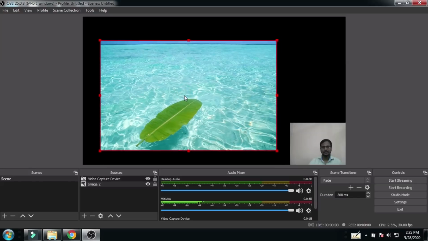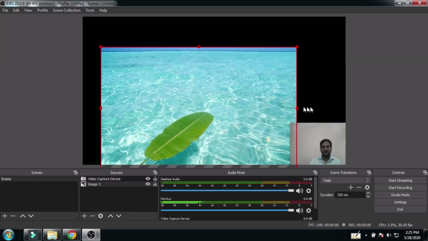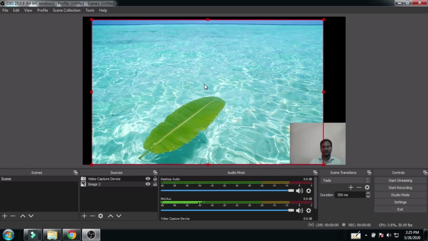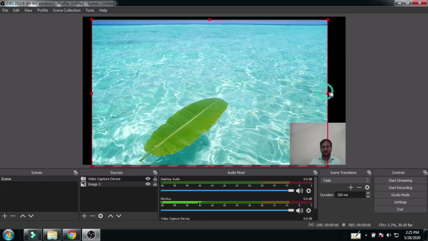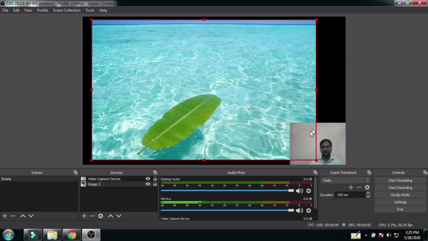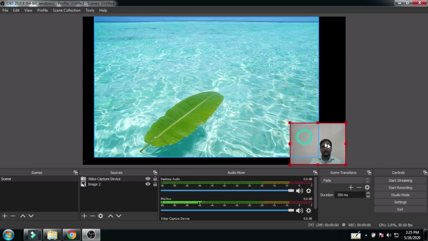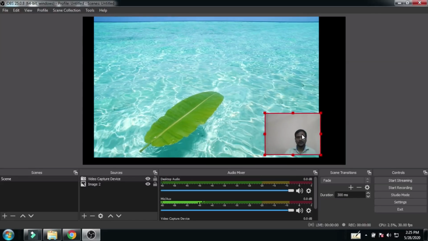When you have to explain any image in botany or in zoology or in microbiology, or if any charts are there, you explain with the help of this image, as well as at the corner your face is also there. So this OBS is very important.